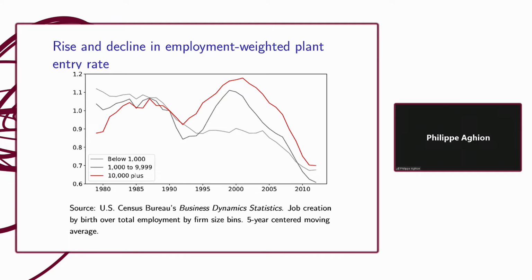The most plausible story is that the IT revolution facilitated the emergence of superstar firms, Walmart, Amazon, Google, Microsoft, Facebook, which were better organized and took advantage of IT. At first, they boosted productivity growth when they expanded throughout the US economy. But eventually, once they invaded many sectors of the US economy, they inhibited entry by non-superstar firms. And that's why you have this decline of entry.